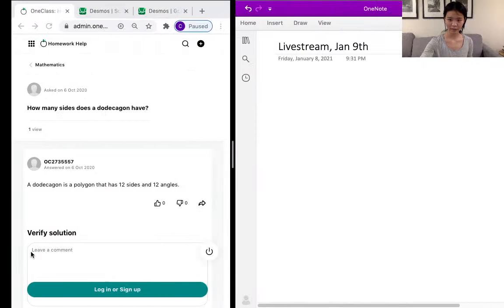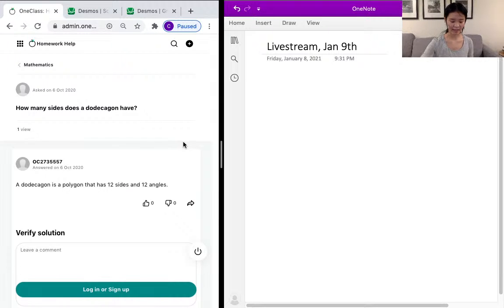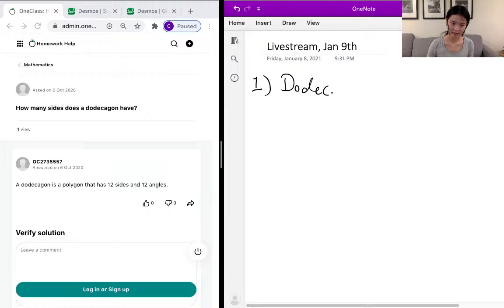Alright, so let's move on to our first problem. Our first problem is asking us how many sides does a dodecagon have? Okay, so first let's see. A dodecagon is a special type of polygon,